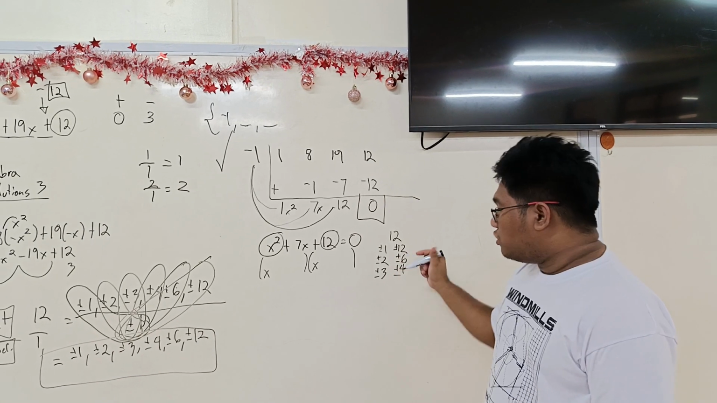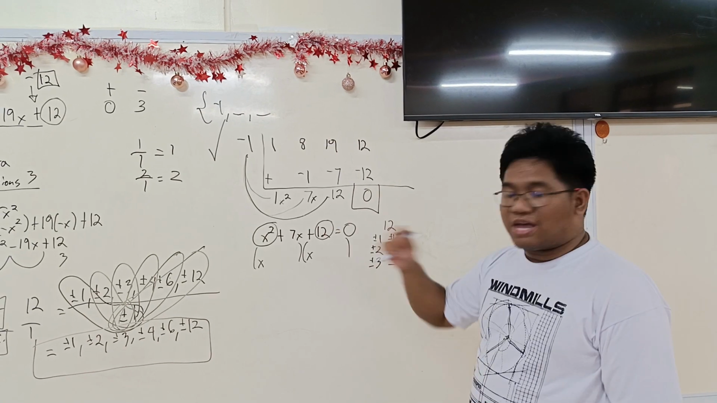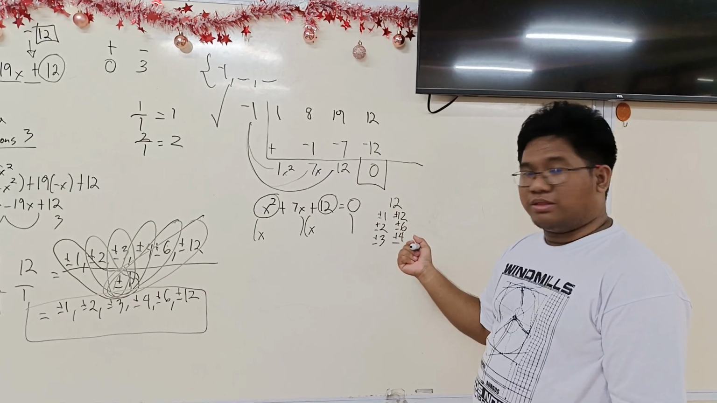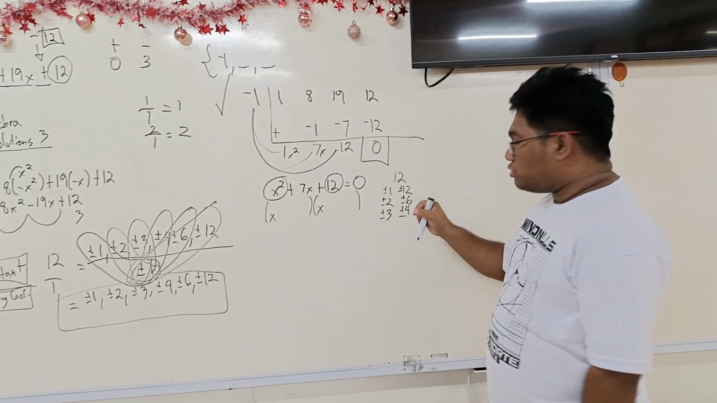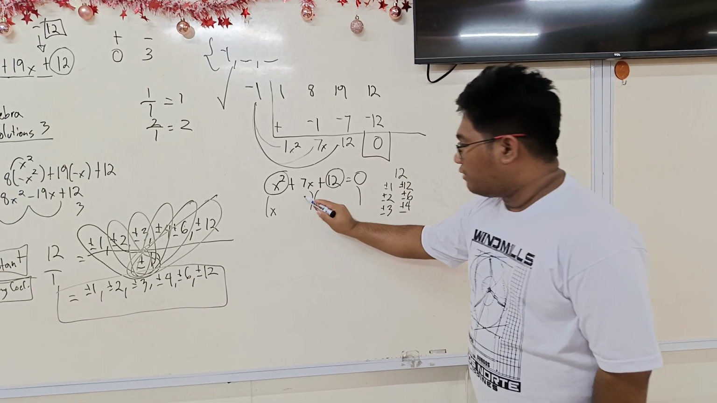Next, tingnan ninyo yung bawat combination of numbers. Ano dyan yung possibly maging 7x or maging 7? 1, 12, hindi yan pwede maging 7. 2 and 6, pwede ba sila maging 7? No. What about 3 and 4? Can they be 7? Yes. So our factors will be